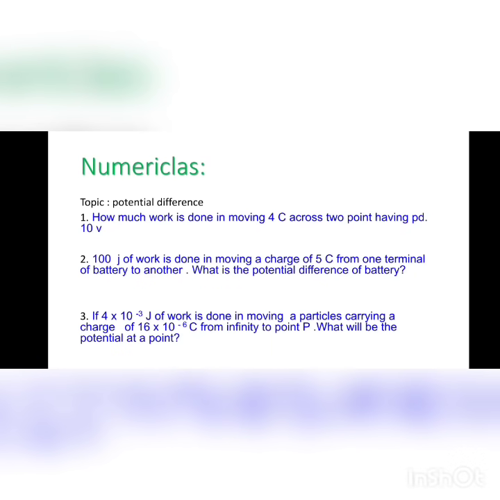So in the last class we started with the chapter Electricity, and I gave you some questions based on potential difference and current. Fine. I hope the solutions which I gave after that were clear to all of you, and you are able to do the questions based on these two formulas. Fine. So moving forward,